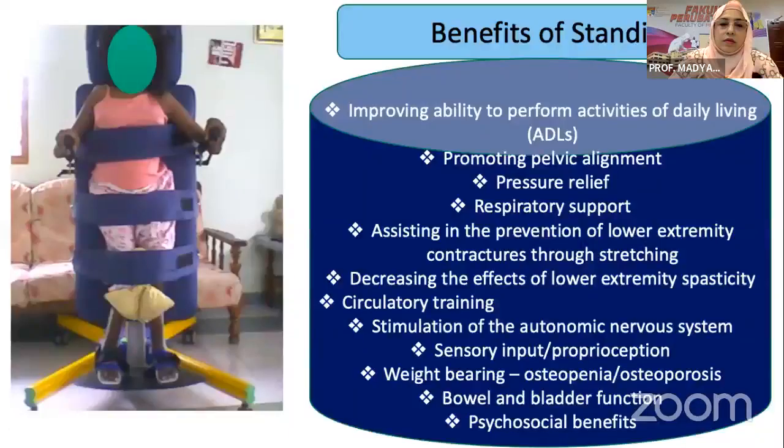So, okay, why do we need to stand them? Because of the benefits of standing. So these are the general benefits of standing. If, let's say, her mobility is poor, she cannot walk too long, just a short distance, then we will encourage her to use a standing device to stand. So that is our plan. So why? By standing, the child can improve